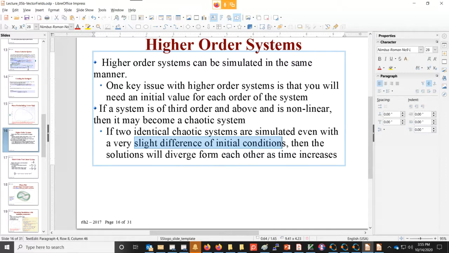But the idea is that just a very slight change in an initial condition, or a very slight disturbance in the system, even after the initial condition, can change the behavior of the system